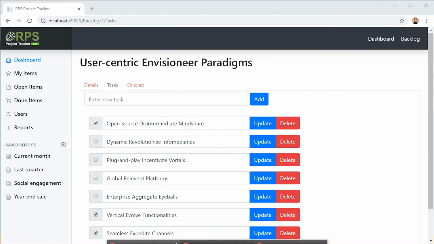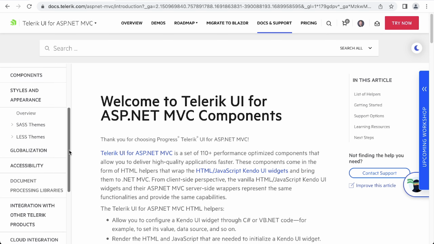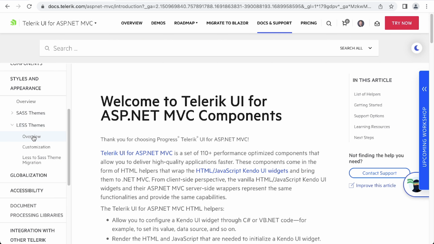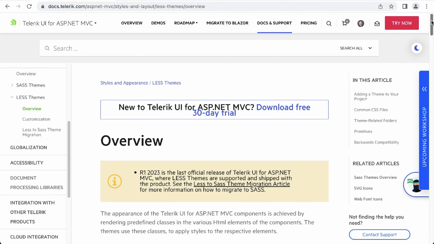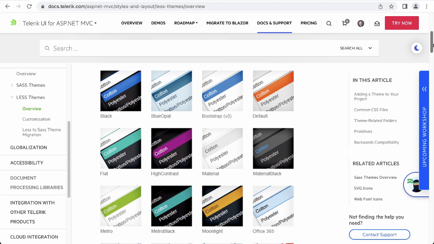But I'd like you to take a look at the documentation here under Styles and Appearance. The themes that come with the library are divided into two parts. There's less-based themes, and there's SASS-based themes. The less-based themes are the older themes. You can still use them, and they work just fine. We're going to be applying the SASS-based themes. But let's try out one of these less-based themes. You can see that there's quite a few of them, starting with this black theme, Blue Opal, Bootstrap version 3,